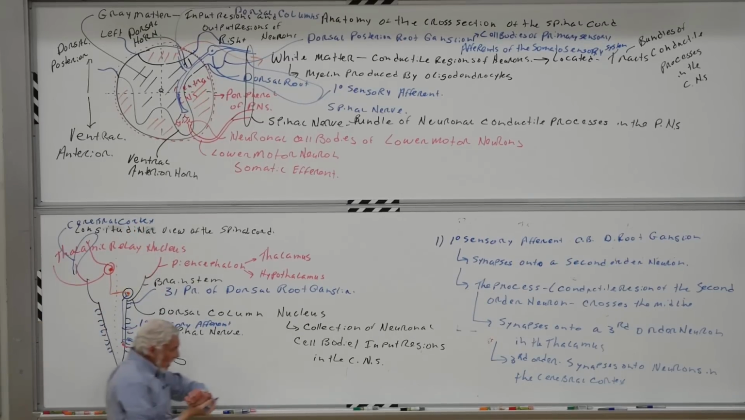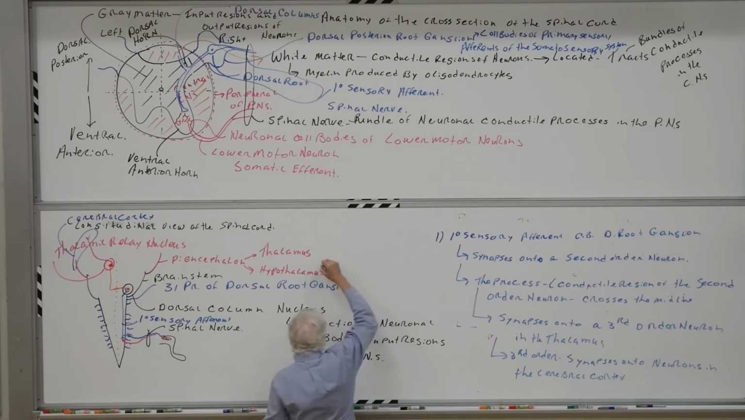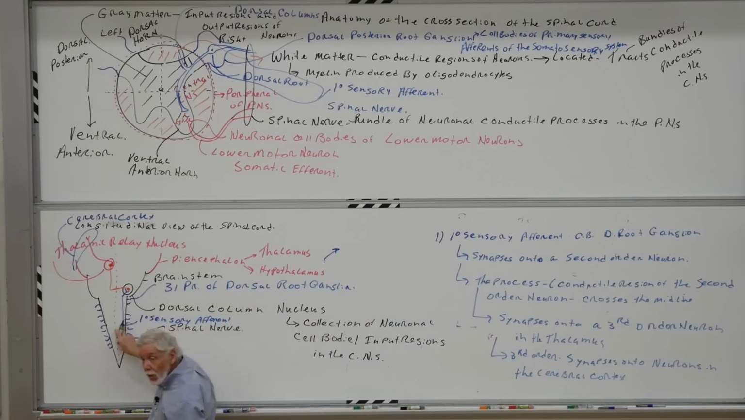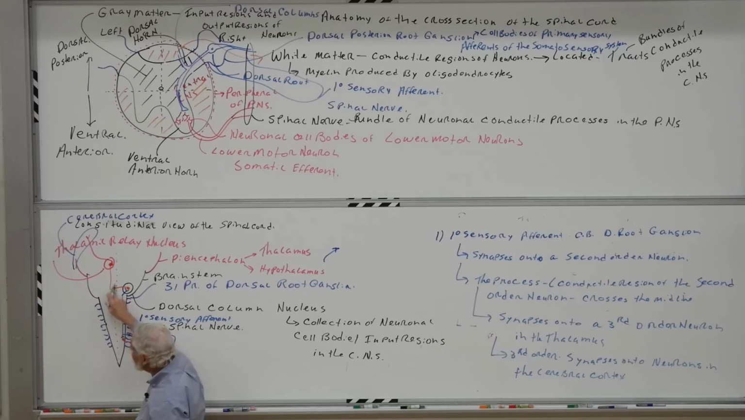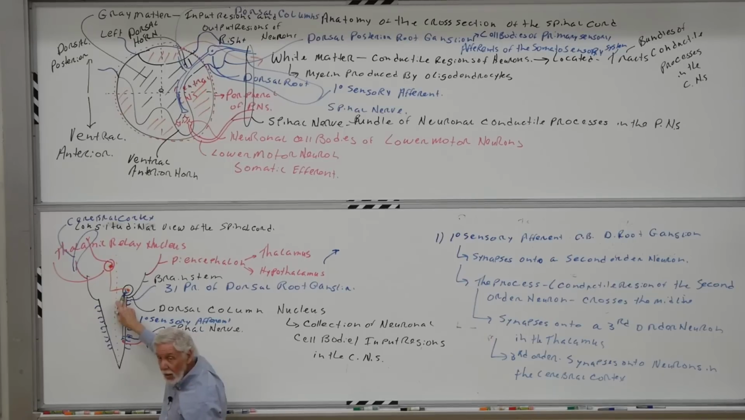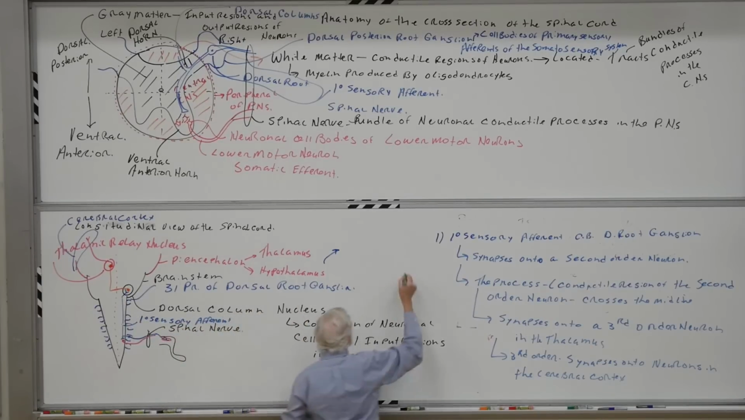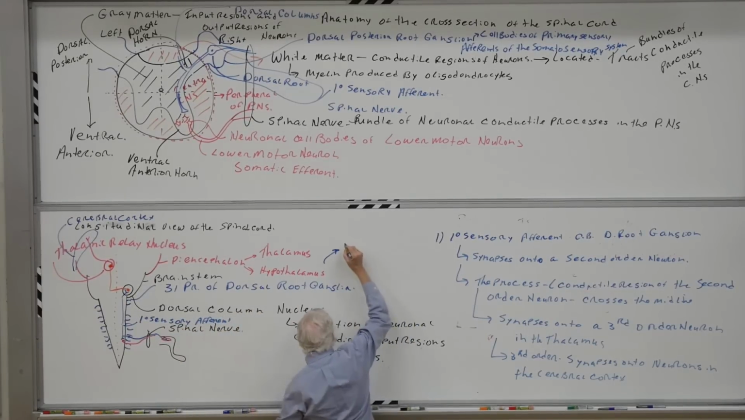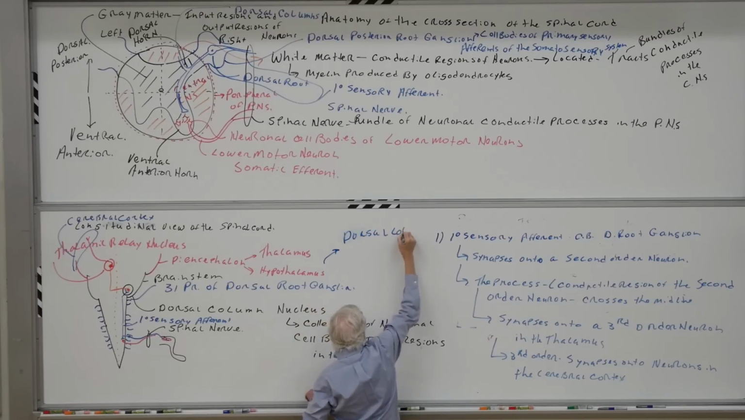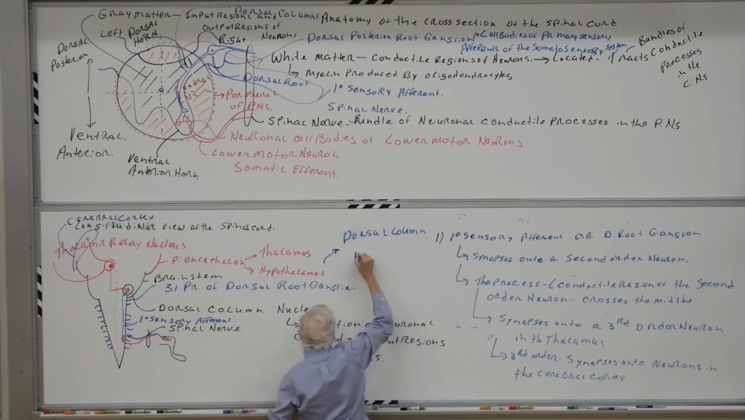Now, it's important to recognize here that what we have is a three-cell chain. Primary sensory afferent, second-order neuron, third-order neuron. The second-order neuron crosses the midline. The kind of information being carried here in this so-called dorsal column medial lemniscus